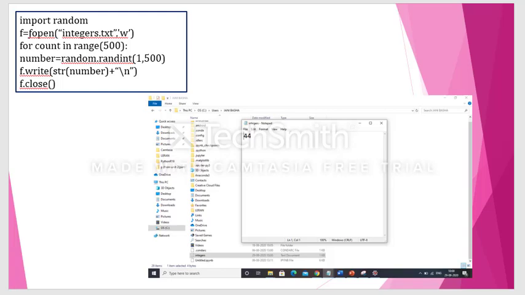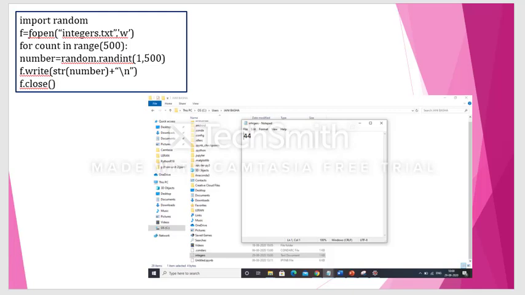Now what is that number? Number is equal to random.randint of 1 comma 500. So randint is a function which will try to generate a random number in between 1 to 500, and that number will be stored in a variable called number. Okay, so what does the number variable contain? The number variable contains a random number in between 1 to 500.